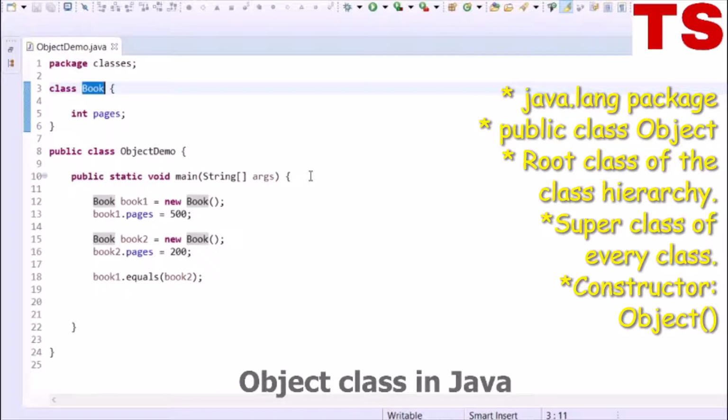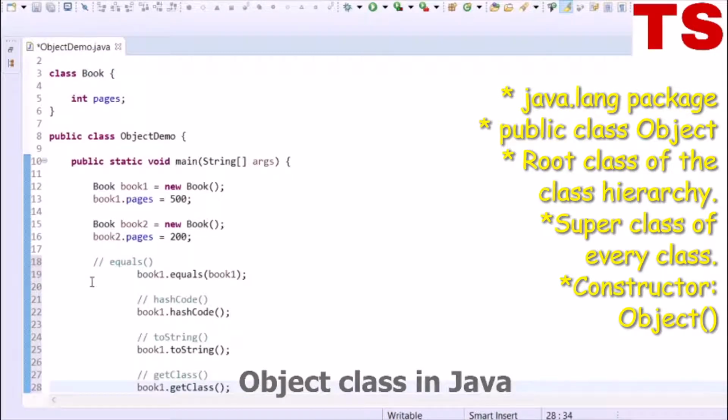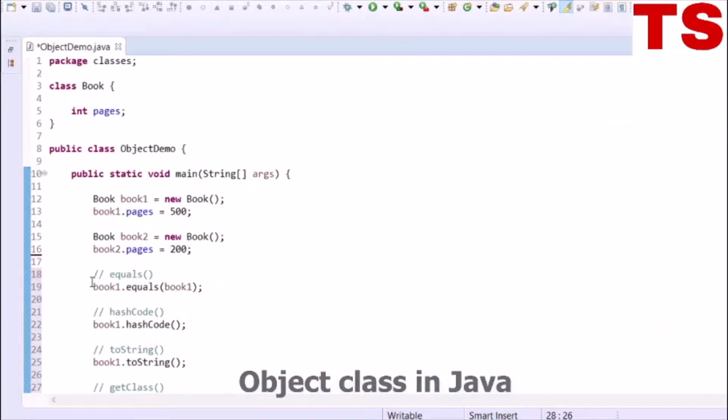Now let's start looking at the methods in the Object class. Now let's look at the equals method. The equals method returns a boolean value, and it returns true if two reference variables point to the same object, else it returns false.